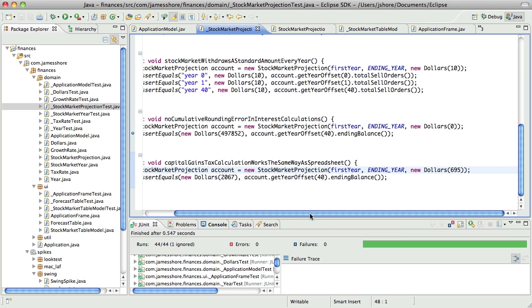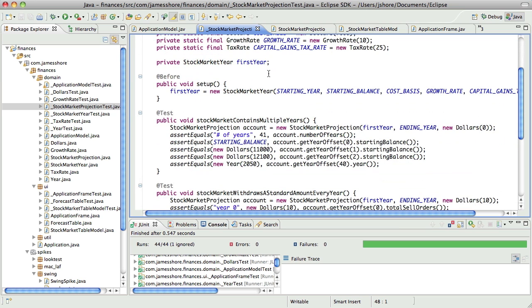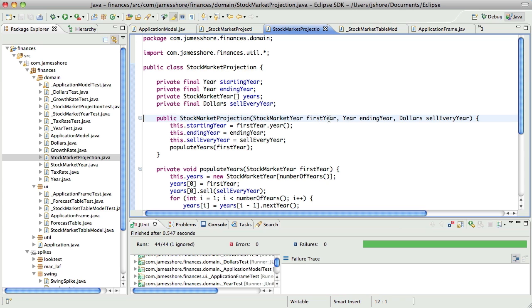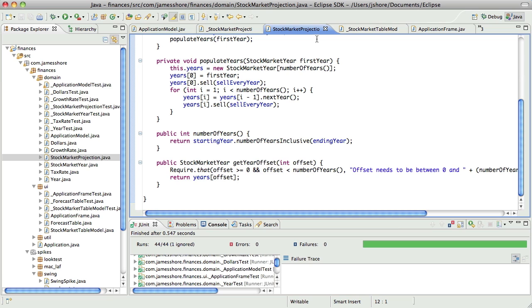Okay, got that working. I wonder, what do we need to do next? Stock market projection is now taking a year in the constructor, so the question is, where was I?